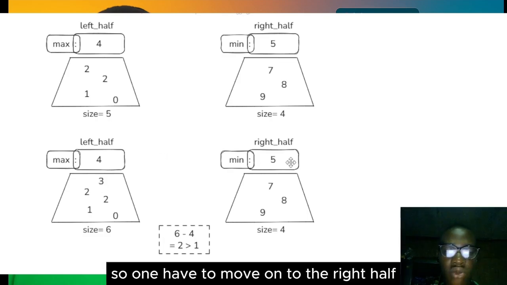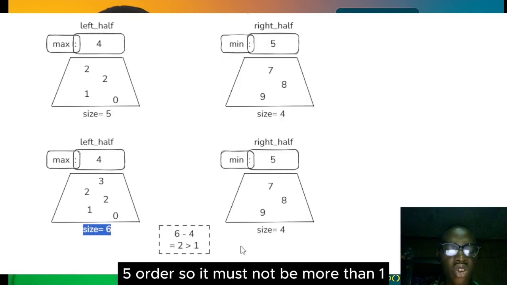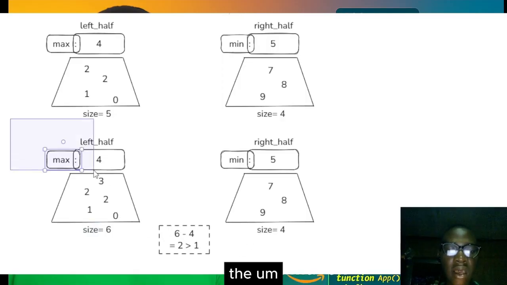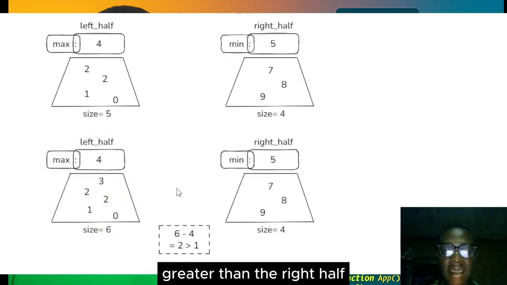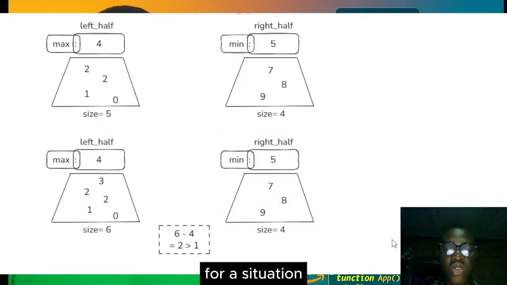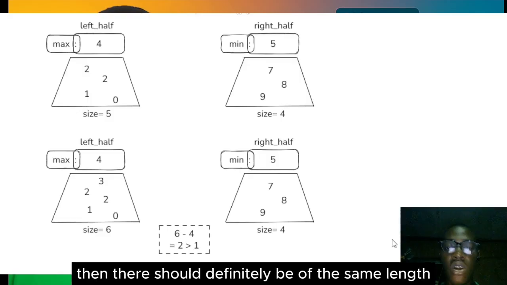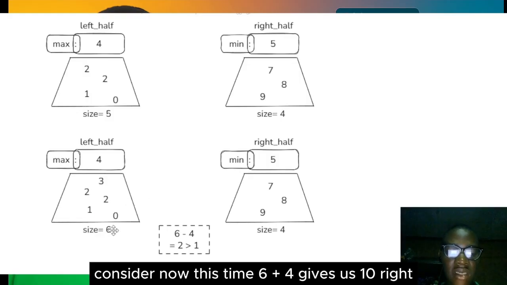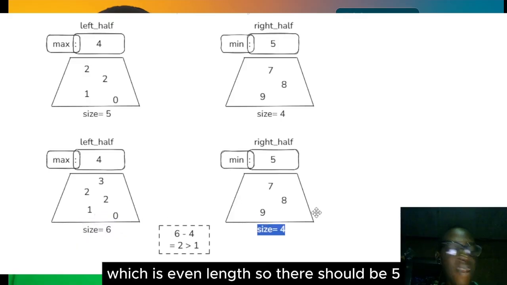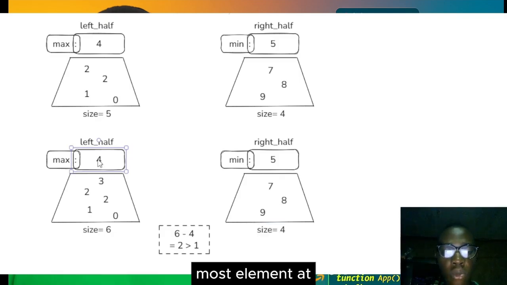So we have to move an element to the right half so that they will maintain a 5-5 order. The left half must not be more than 1 greater than the right half, and that is for a situation where the number of elements is odd. If the number of elements is even, then they should definitely be of the same length. Consider this time that 6 plus 4 gives us 10, which is even, so there should be 5 and 5, not 6 and 4. So what we want to do now is move the topmost element,